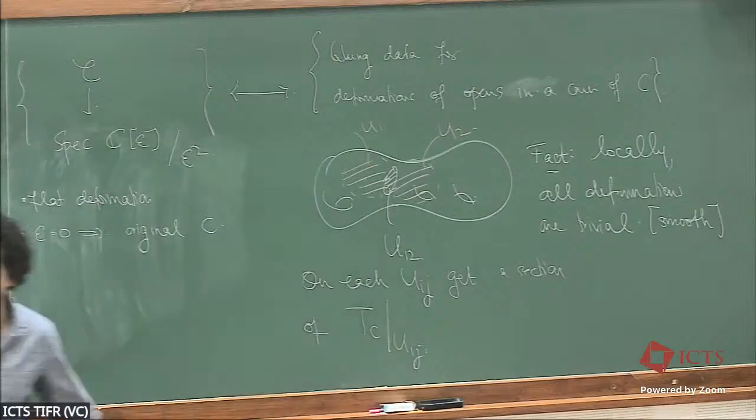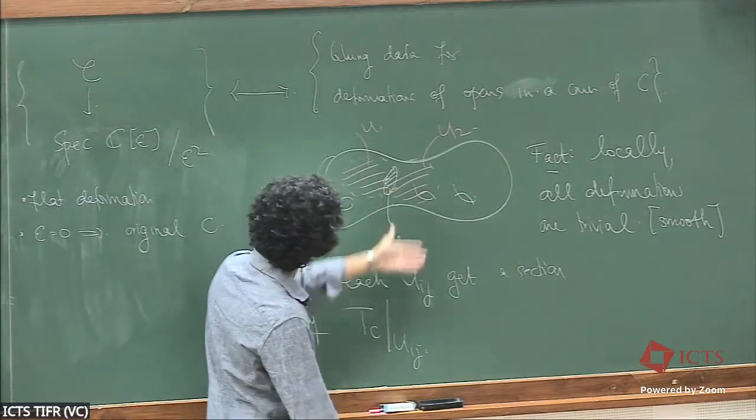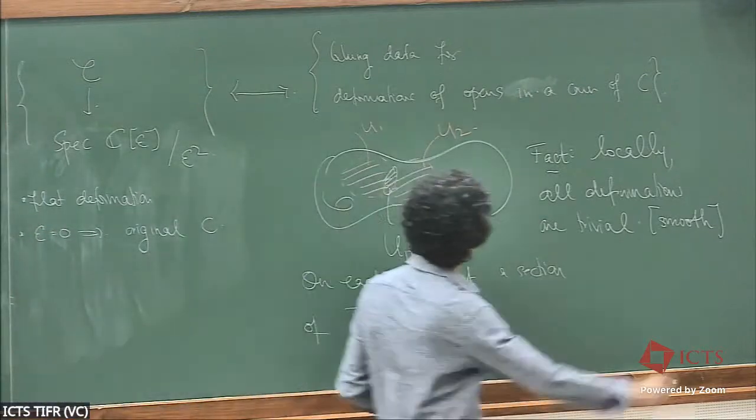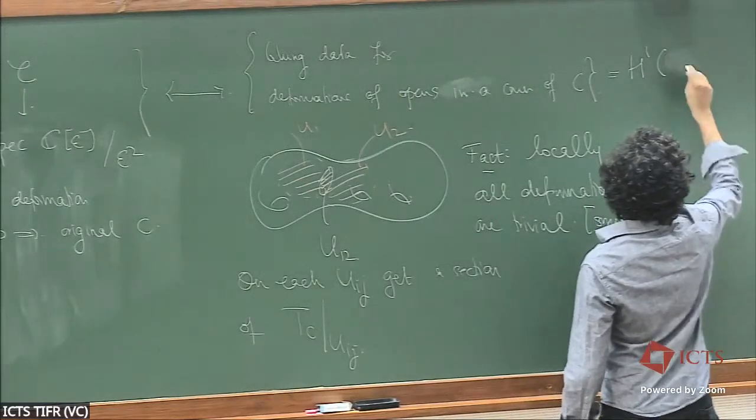Okay, which is fancy speak for vector field, right? So locally, this gives me a vector field. Okay, and now you have to think a little bit more. For those of you who have seen sheaf cohomology, this will be straightforward. Otherwise, this is just a slogan, I guess. So this is just, almost by definition,